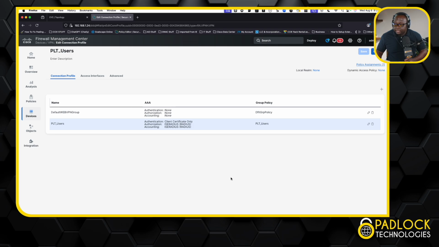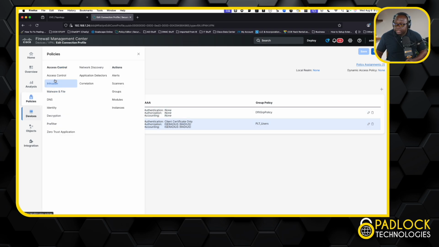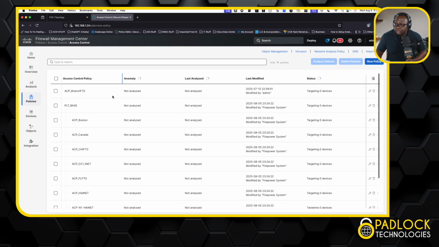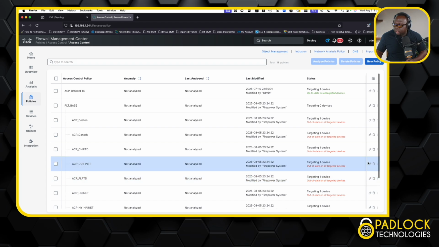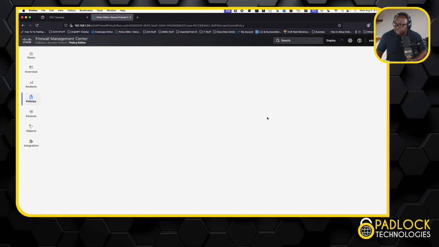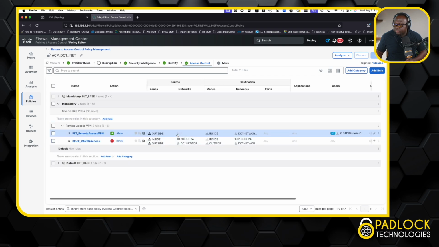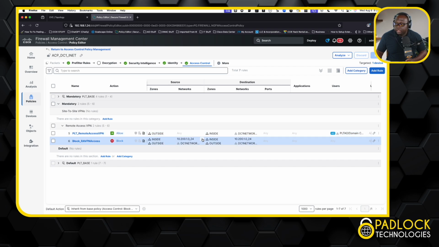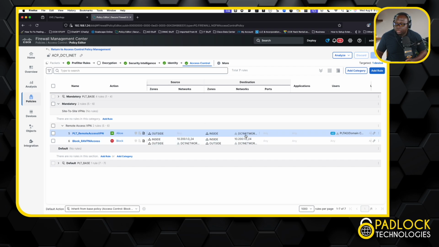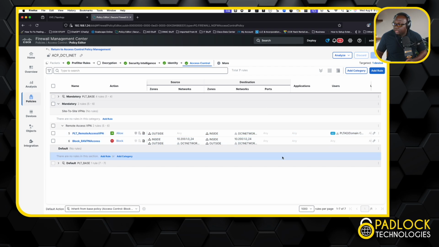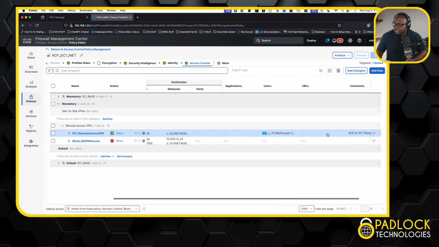So once you got that done, now we'll just go to our ACP policies. And I actually got to do an update to a couple of them. But what we're going to focus on here, as you can see in this policy, permit remote access VPN, we have the outside going to the inside. We are going to go with the destination of DC networks, and then we're going to make sure it's this